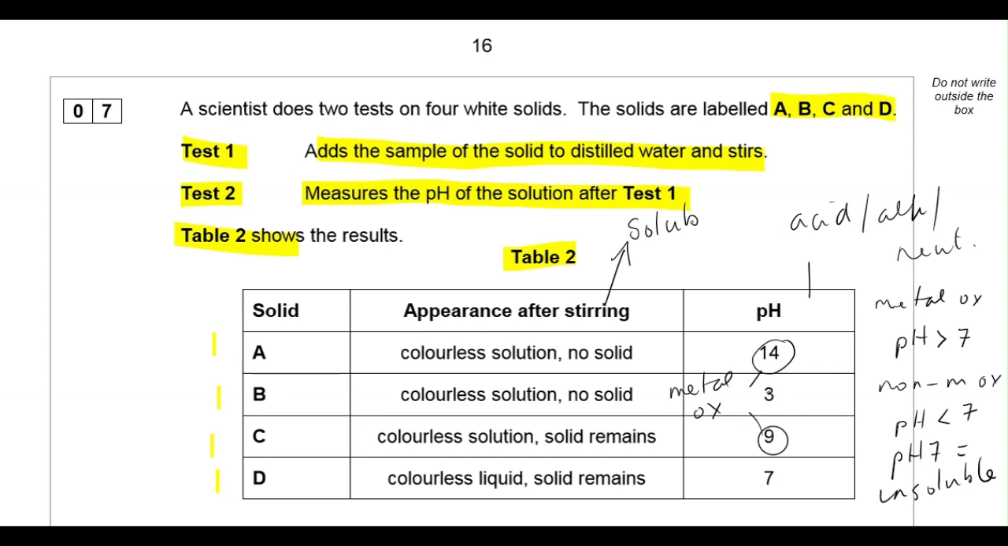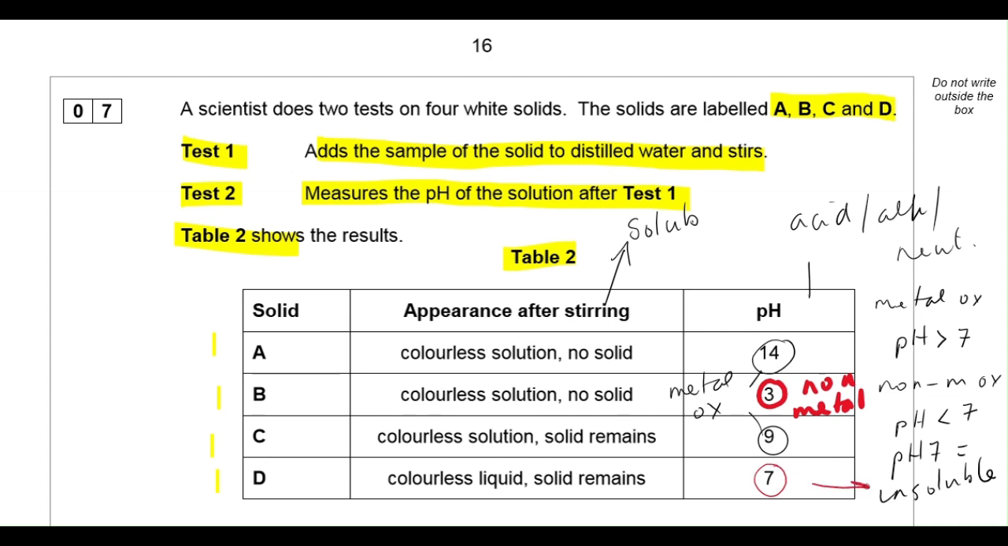Now, if you look at B in red here, this pH of 3 tells us that this oxide is a non-metal. And because it's dissolved, there's no solid left behind, it is highly soluble. And finally, pH 7 here for D tells us that it is insoluble. So let's go down to table 3 and have a look at some more detailed information that we've got on